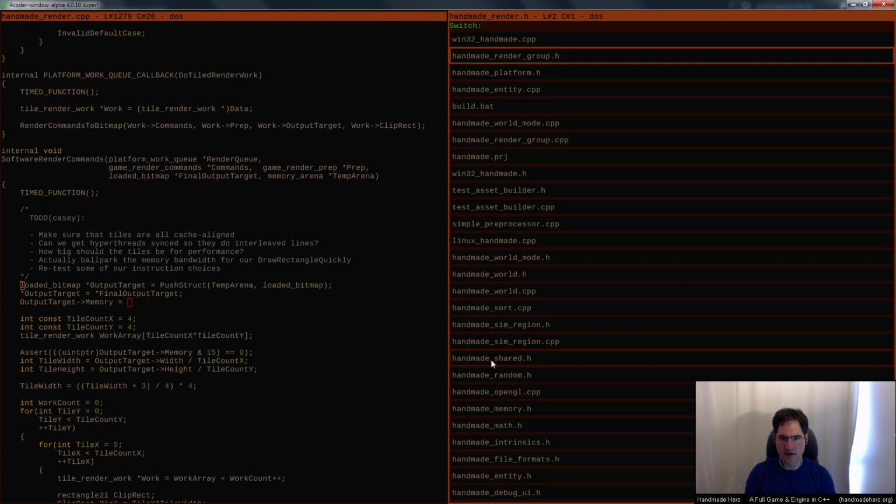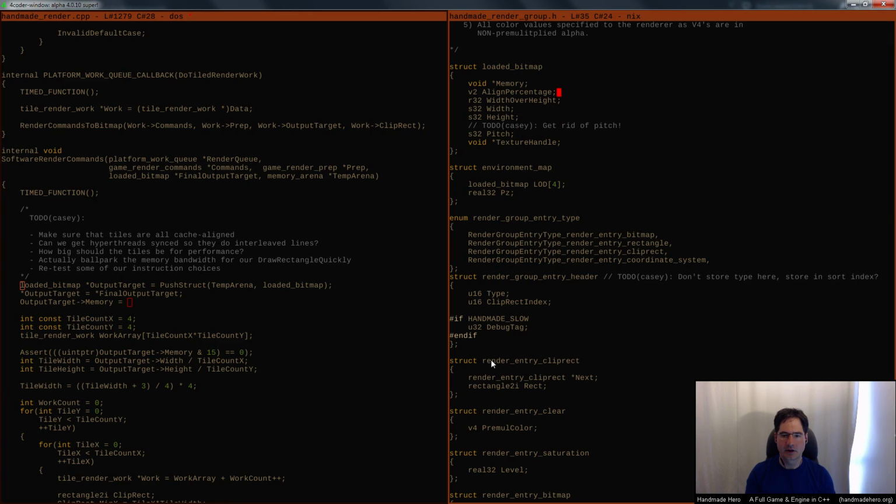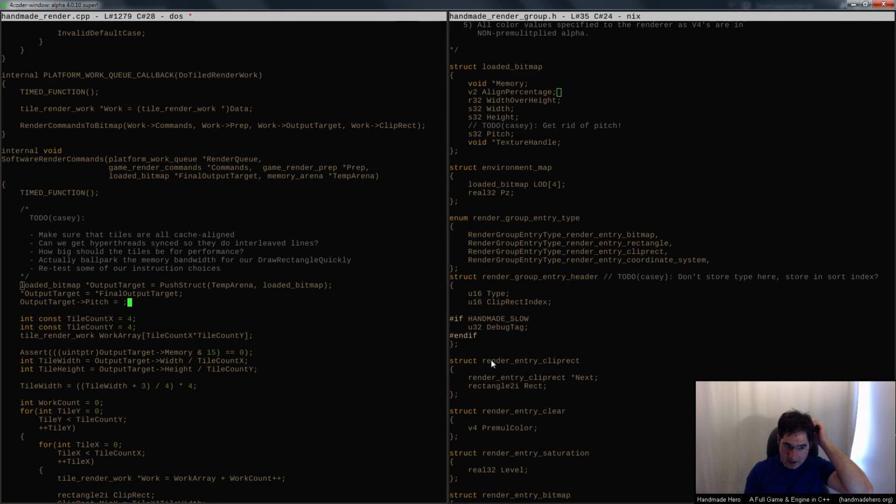Where is loaded bitmap? And look at it, right? So now I want to say, well, okay, I'm going to set the pitch to whatever I want the pitch to be. I'm going to set the pitch to be the width times 4 because I want it packed. Oh, well, actually, you know what? I'll leave the pitch as it is.